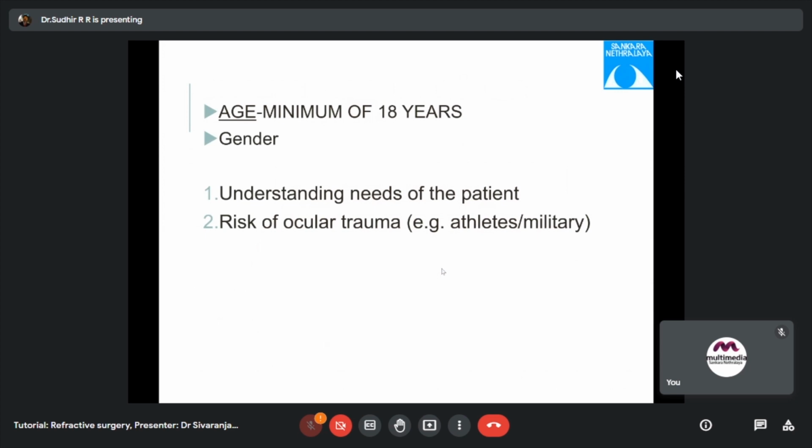The second important question: why does the patient want to go for laser? What are the commonest causes? We just saw that cosmesis is one of the most important. Profession is another. What kind of professions require people to go for it? Police, military, navy, where they want 6/6 vision without glasses. Why do they want 6/6 vision without glasses in police, navy? Because they are